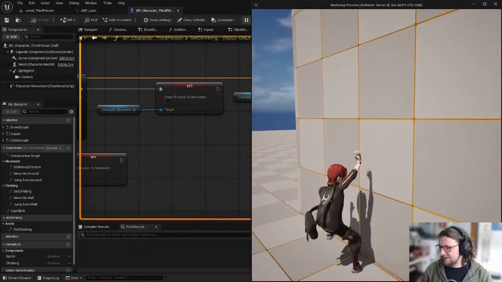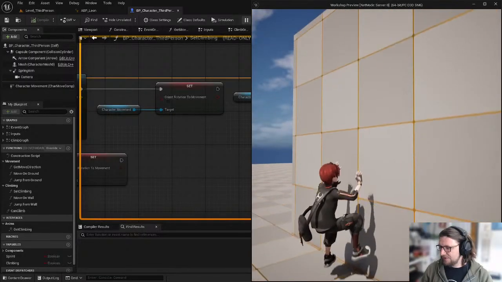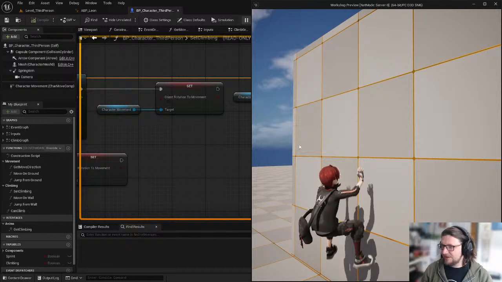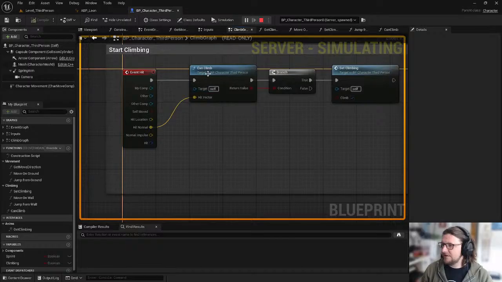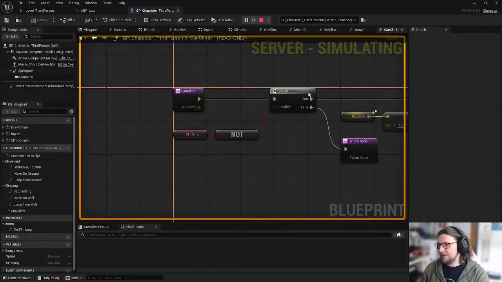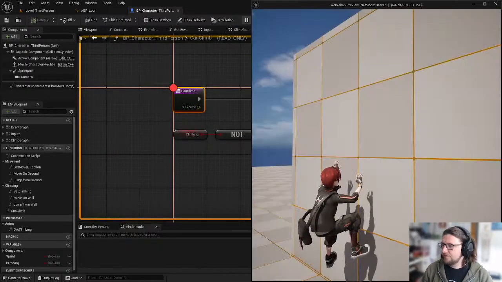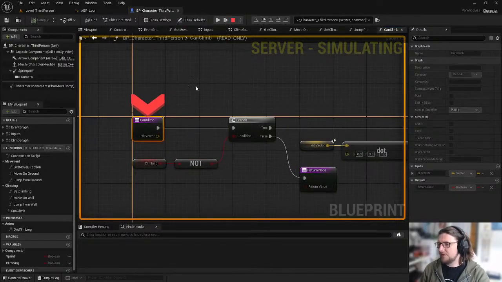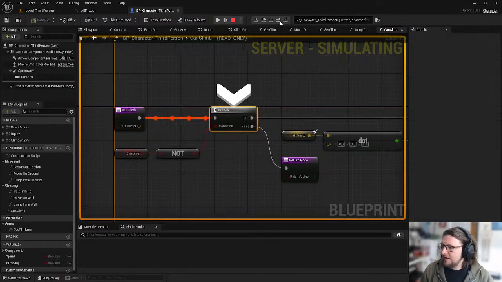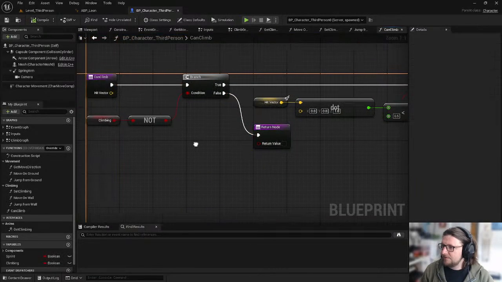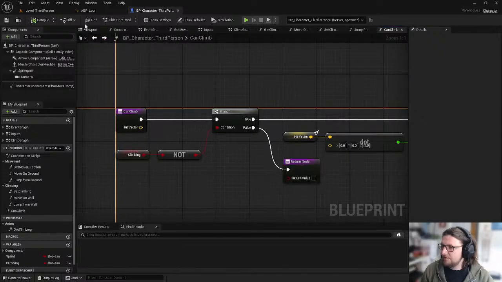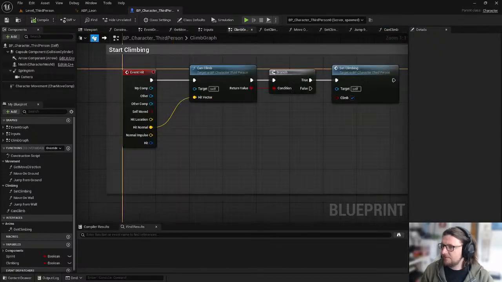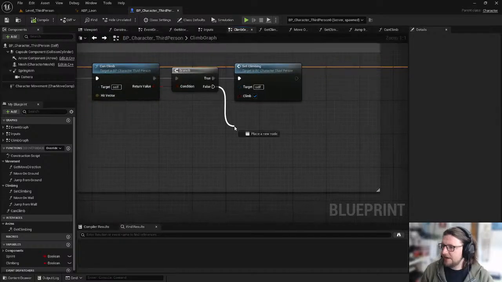One of the first things I want to do is, if I hit this floor, I want to actually get off the wall. So let's check our hit function that we had, because I think this is going to trigger. Bonk. Yeah, cool, so that's perfect. And of course we're not climbing, so that's good. We can go back one again. Okay, so if we can't climb,